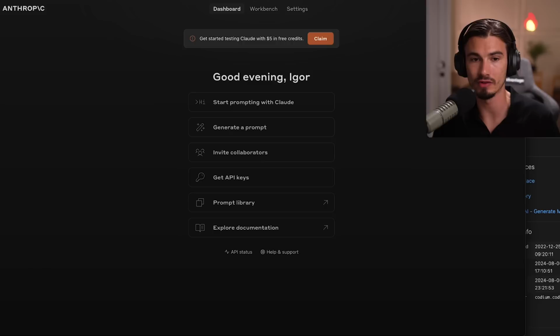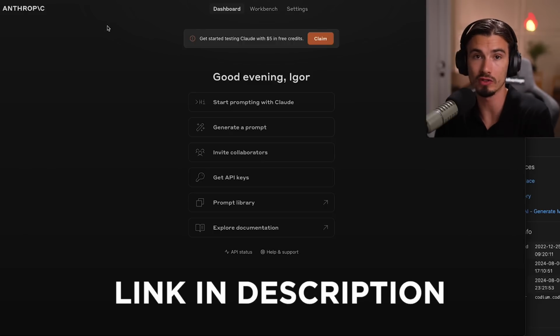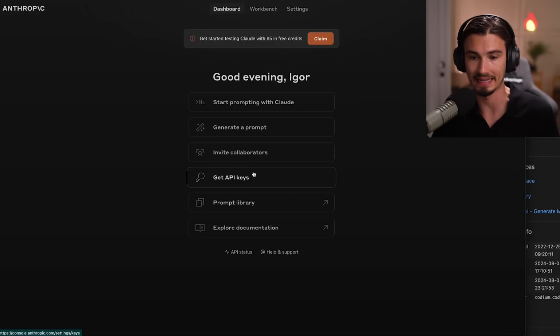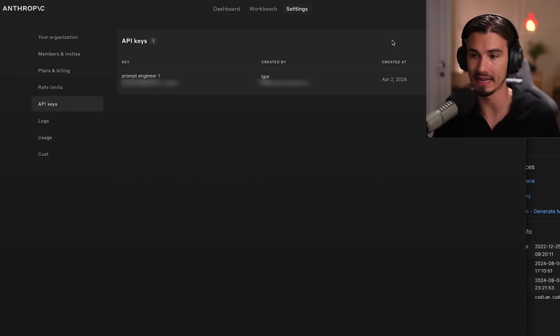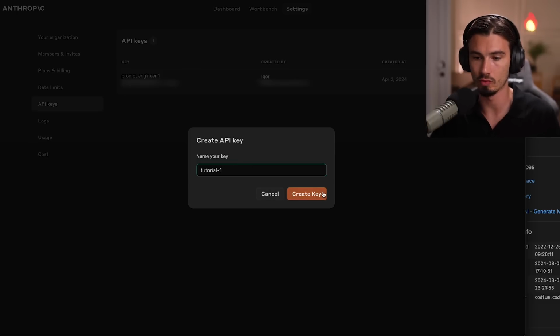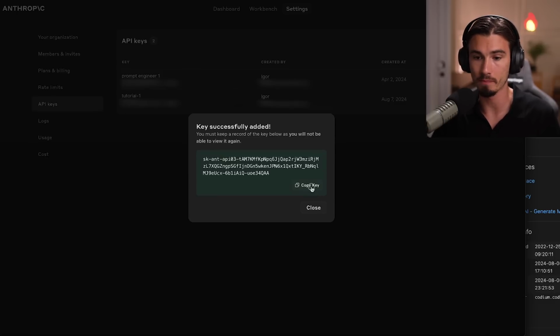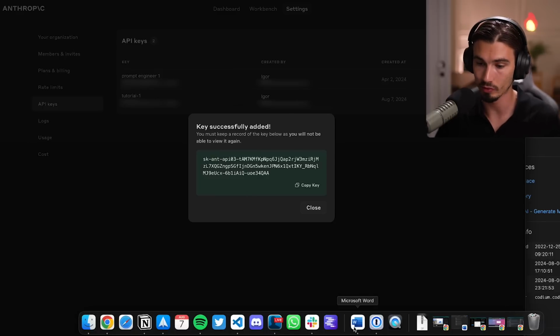Once you have Claude ready, you can head on over to the Anthropic console. Anthropic is the maker of Claude, and in this console, you can access things like the API key. So here I'll go to Get API Keys. I'll create a brand new one for this tutorial. Copy, and then this is also ready to go, bringing me to the very last point, which is the prompt